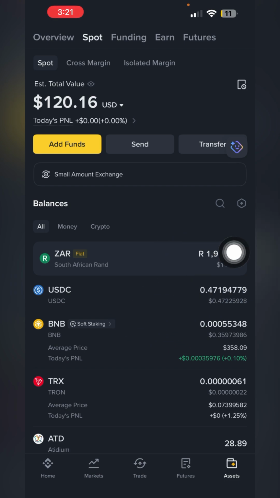So what do we want to do here? We want to now go ahead and, for example, you might be wanting to convert this to USDT or BNB or Ethereum or whatever the case may be. All right. So in this particular case, we are going to convert this into USDT. So how do we do that? Now, you see this is now from assets, right? So just go to trade here,